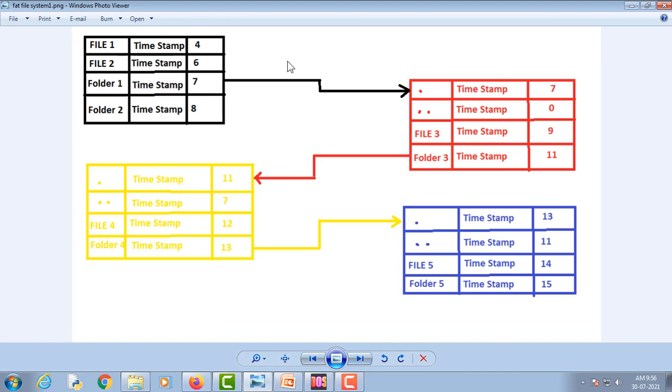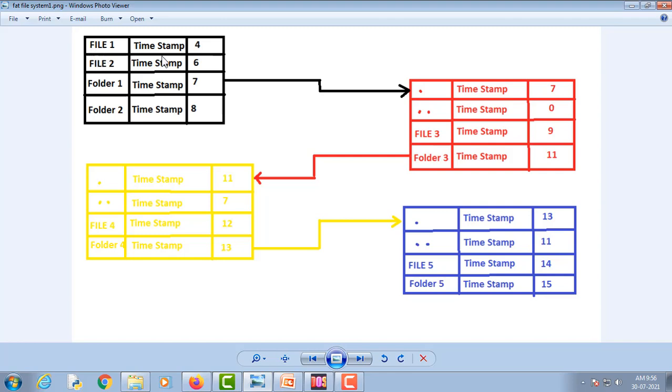Now let's try to understand the next image. This image is representing a root directory, and the images in red, yellow and blue are representing subdirectories. So this is how a root directory looks. In the root directory you get information about the starting cluster of the file.